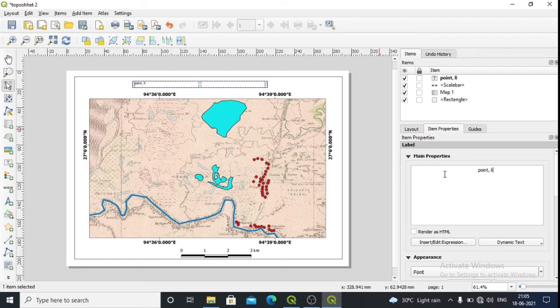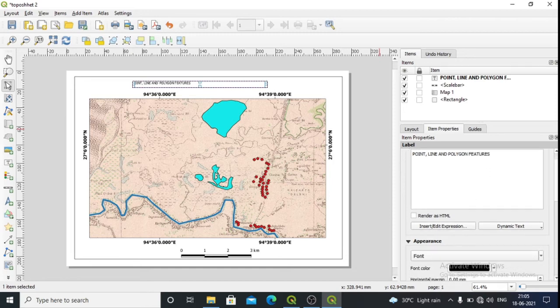This is how I want. Actually, I wanted it in capital form. So: POINT, LINE AND POLYGON FEATURES.